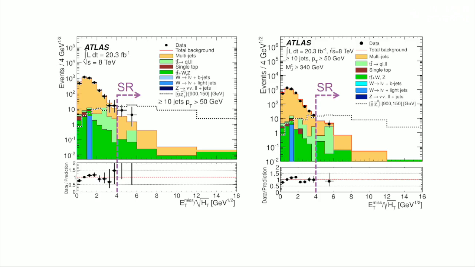The black points show the observed distributions, which agree very well with the standard model prediction. What is shown here are in fact two signal regions, with the largest excess on the left and the largest deficit on the right, of a specific search. The agreement with the standard model predictions is usually even better than what is demonstrated in these examples.